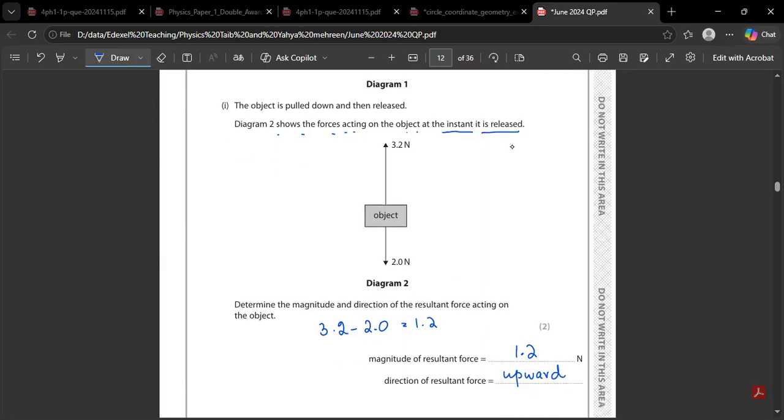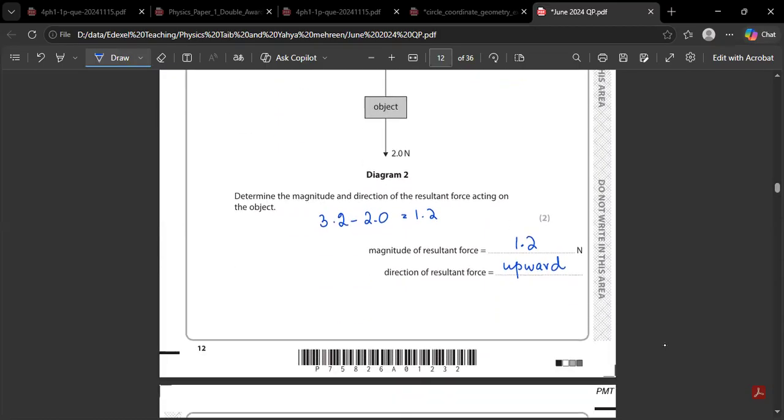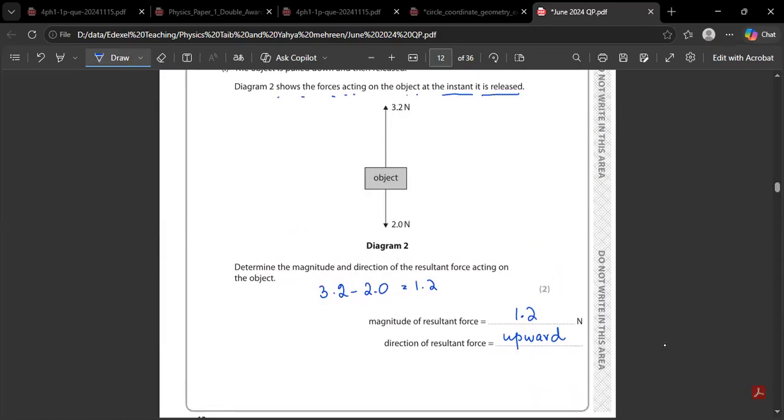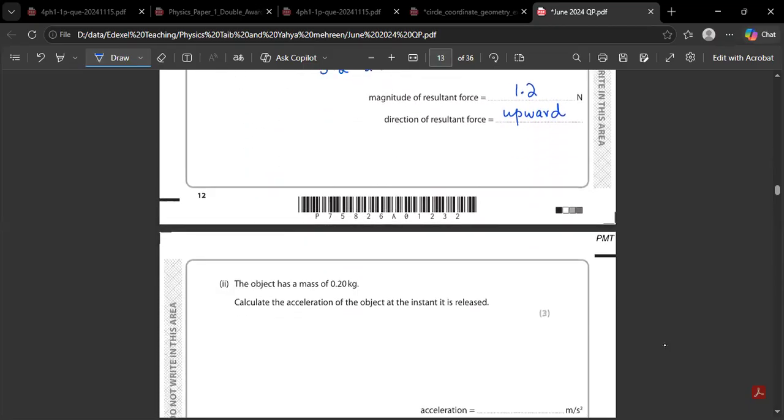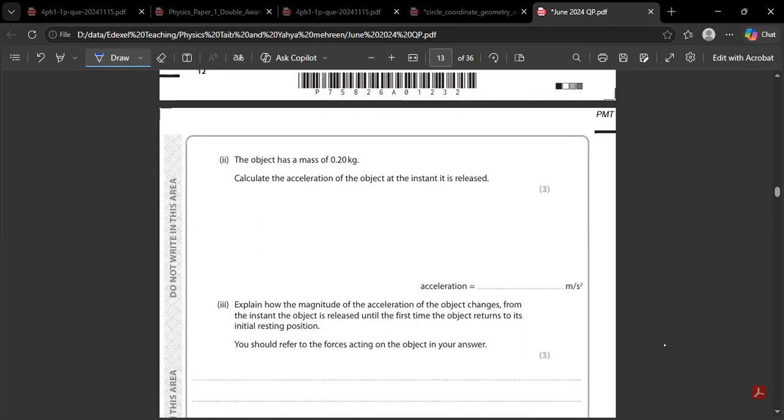So what is the resultant force that we are having on this object? That is 1.2 Newton. And we have to find out acceleration. Now, if you recall F equals ma,